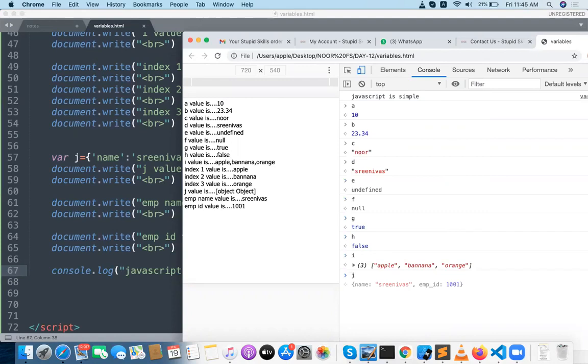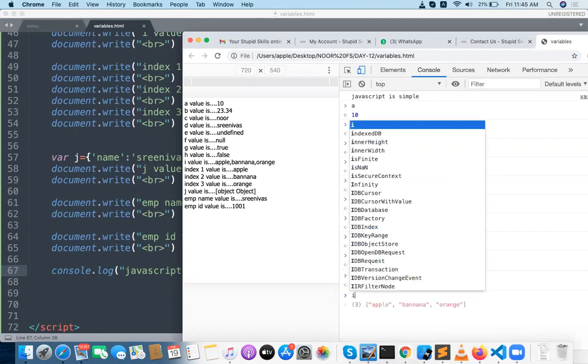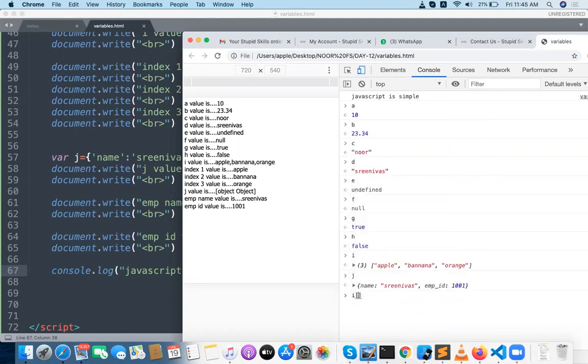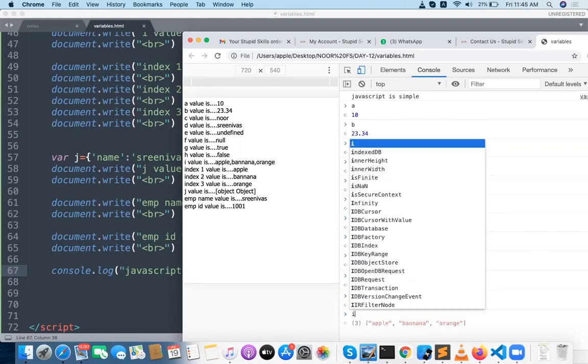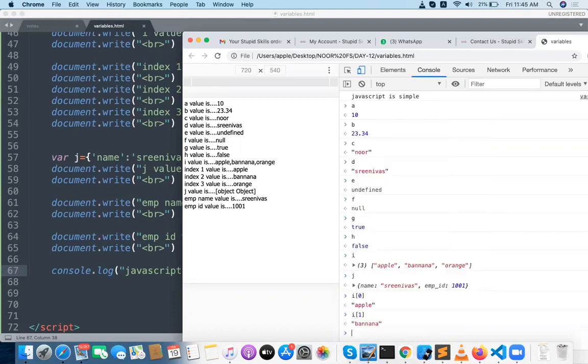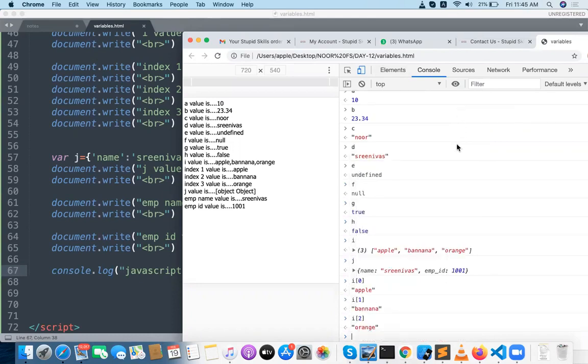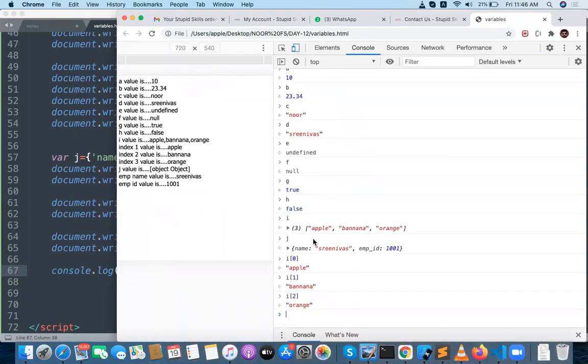Can you see this? I of 0 is Apple. What is I of 1? Banana. What is I of 2? So from the console, I am just playing with the variables.